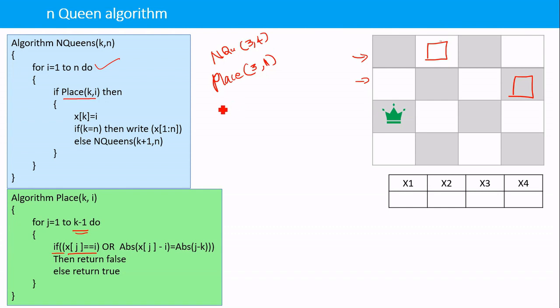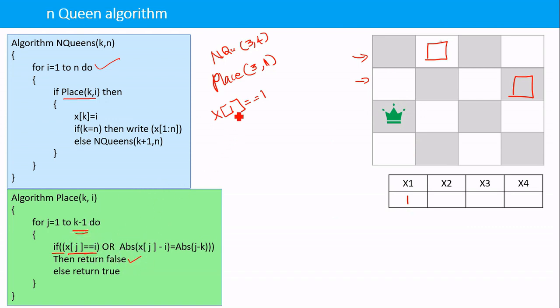In the first part, suppose j is equal to 1, I am checking whether x of 1 is equal to i, which is 1. If the first queen is placed in the first column, then x of 1 will be 1. So if x of 1 is 1, the first queen is in the first column, so you cannot place it. That is, if this condition is true, I am returning false.